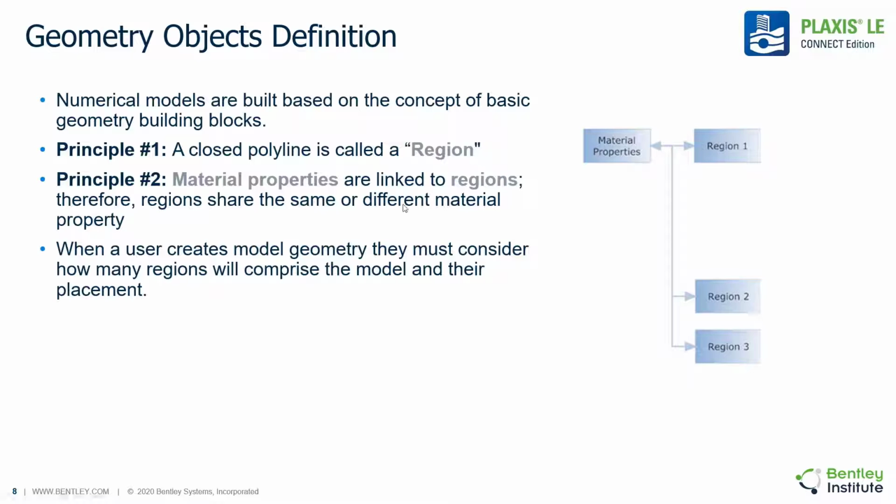The second principle is that material properties are linked to the regions. Therefore, the regions, as we can see here, can have material properties related to the same or different types of soil or rock. So when the user creates model geometry, they must consider how many regions will comprise the model and